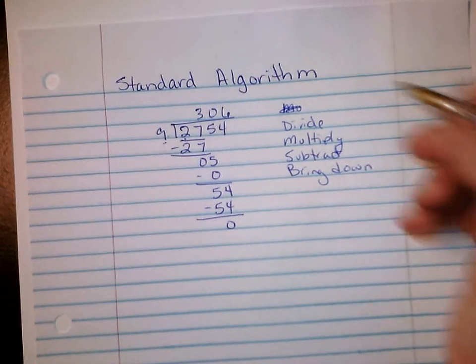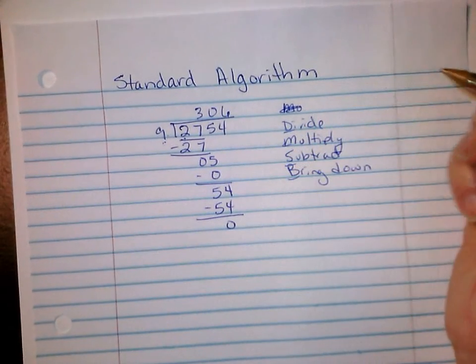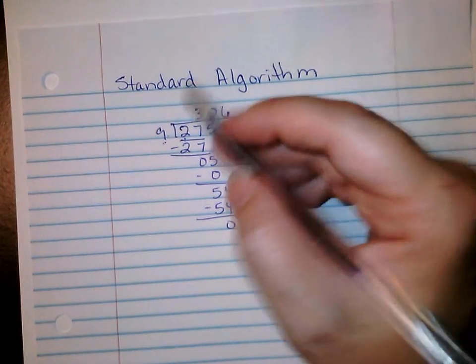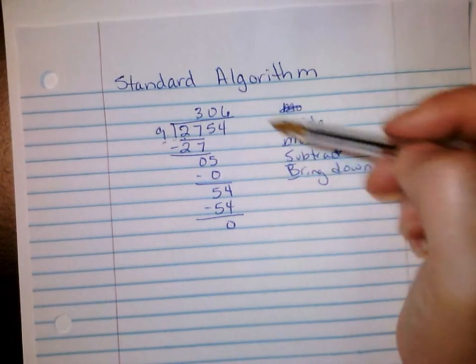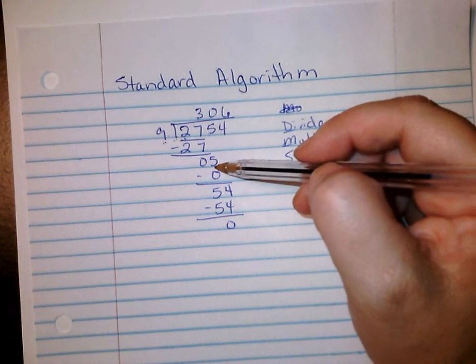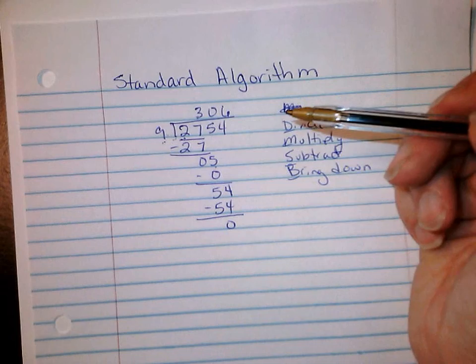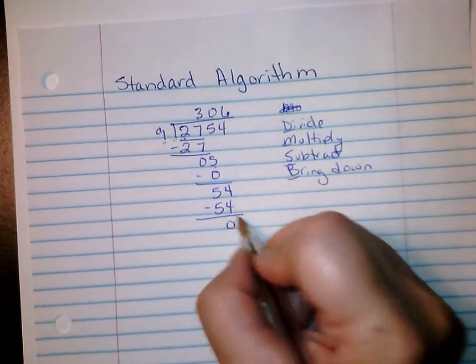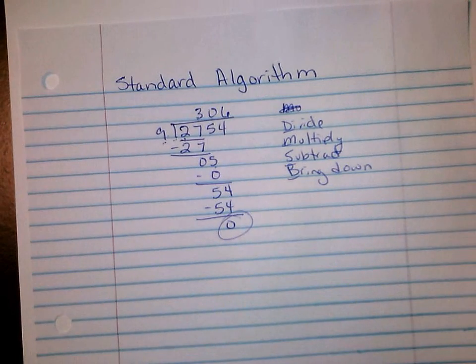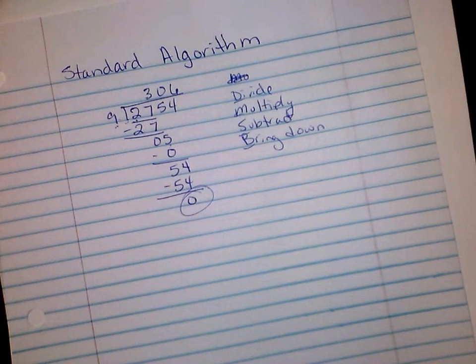People have different things for these letters, but divide, multiply, subtract, bring down, because you're dividing by the digit, then you're multiplying to see how much total you take away, you subtract to see what you have left over, and bring down that next digit. Then you divide, multiply, subtract, bring down until you have your remainder. And of course, this time we have a remainder of 0. So make sure your notes